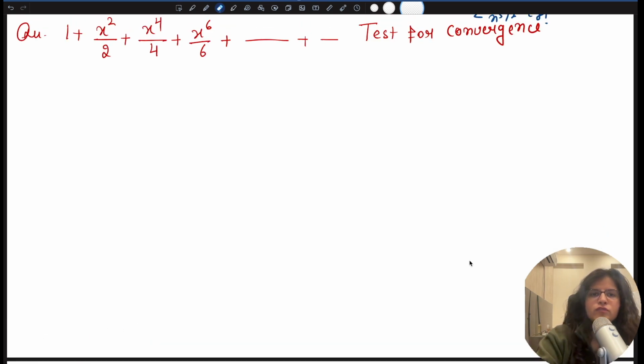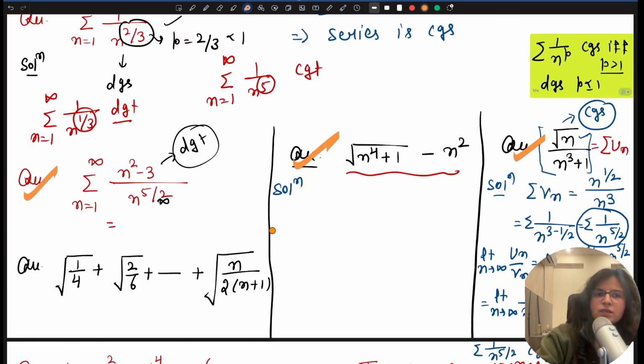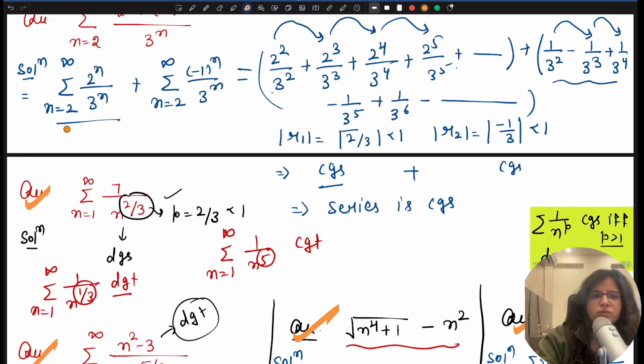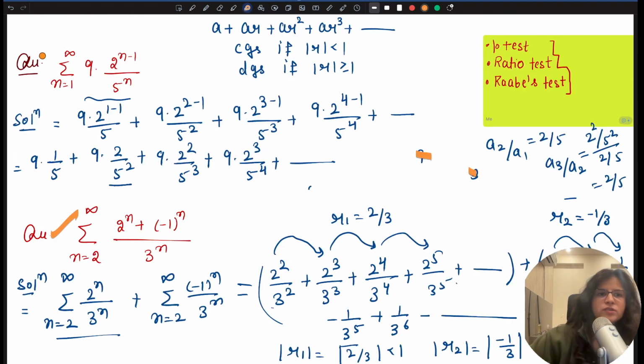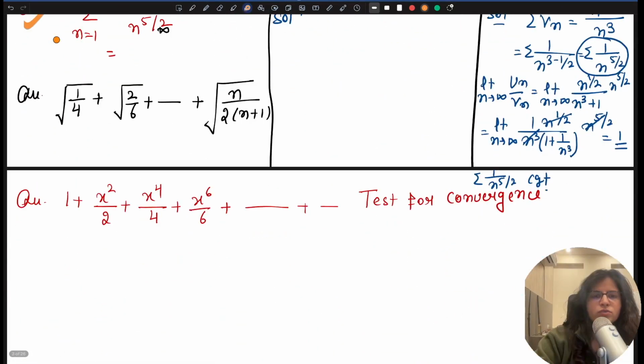So far हमने क्या क्या कौन कौन से क्वेश्चंस कवर कर लिए. ये कवर हो गया, दिस ऑल्सो डन, दिस ऑल्सो डन. एंड देन देर वर 2 क्वेश्चंस बेस्ड ऑन ज्योमेट्रिक प्रोग्रेशन, है ना, तो पी टेस्ट पर और ये ज्योमेट्रिक प्रोग्रेशन पर बेस्ड ये 2 क्वेश्चंस. सो 1 2 3 4 5 6 क्वेश्चंस हो गए. अब ये क्वेश्चन है ना, ये बहुत ही सिंपल क्वेश्चन है.